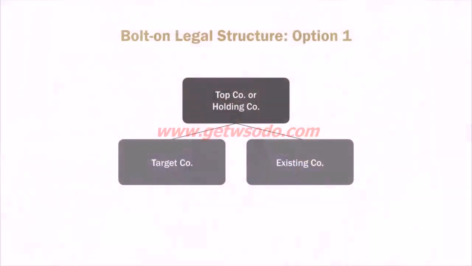So clearly, you're going to have an existing company already. When you're doing your first bolt-on acquisition, you want to set up a top co or a holding co. Now, your top co will allow you to keep your existing company and the target company separate. Why is that important? Well, if you buy the target company and then something bad happens to it, it's not layered in and baked into your existing business. You can just liquidate the target company and then just carry on as you were before.